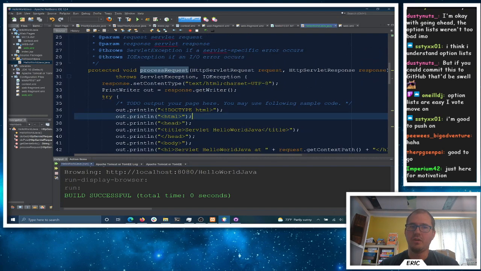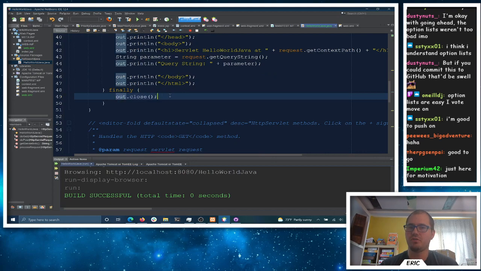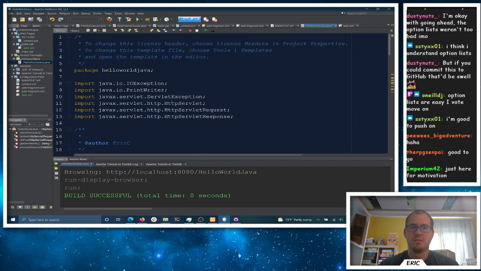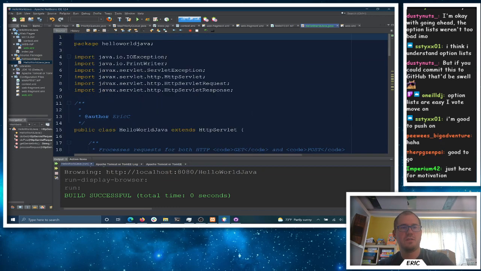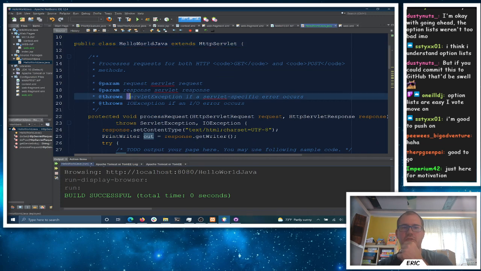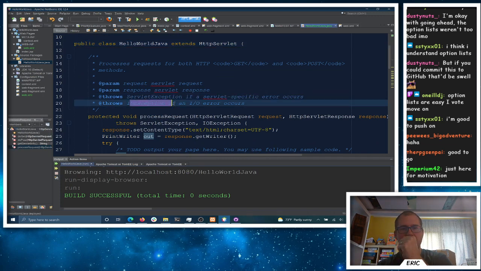Okay. Now this is all in a try block in case something funky happens, right? We just automatically close the output stream midway if an exception happens. That's perfectly fine. We don't need all that template stuff here. So a servlet exception if something happens in the servlet, an IO exception if we can't